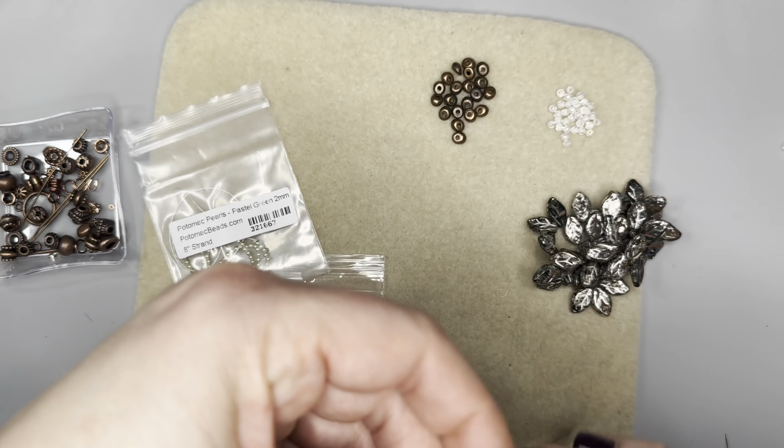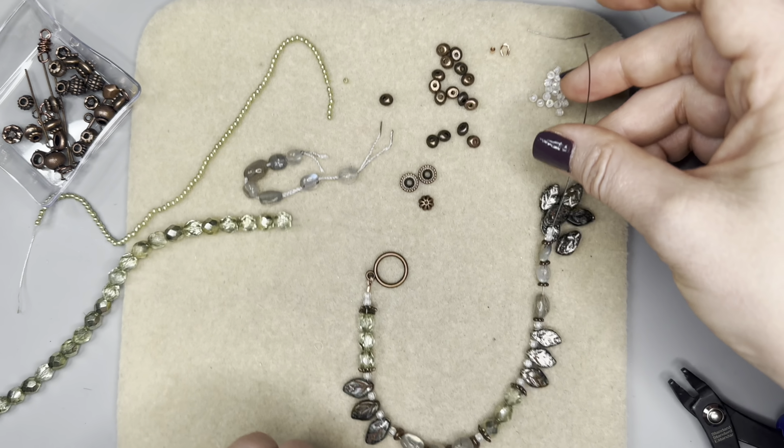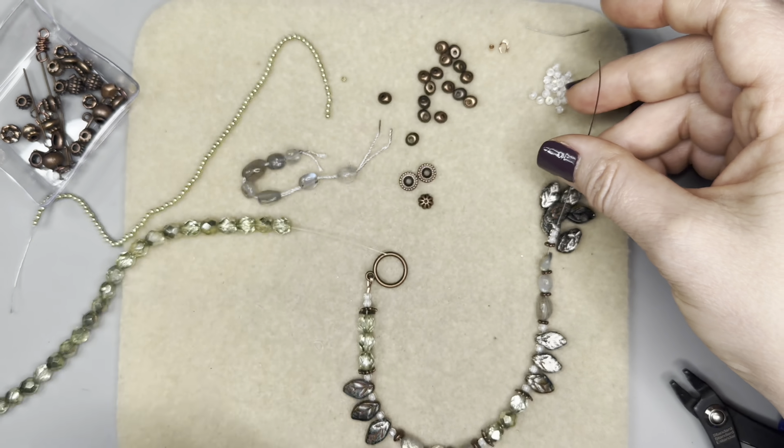So I did 2 of the small little 2mm. I did a couple of bead caps from my stash, and I put in 3 of the 8mm rounds. Then I used more of the little tiny 3mm and then added the Czech leaves. Then I used some of the copper nuggets that were in the box and put those in between the pebbles,